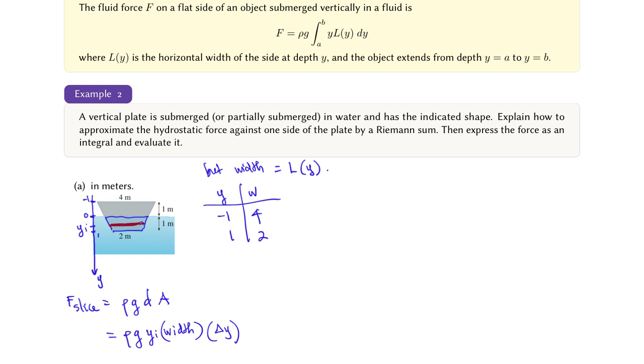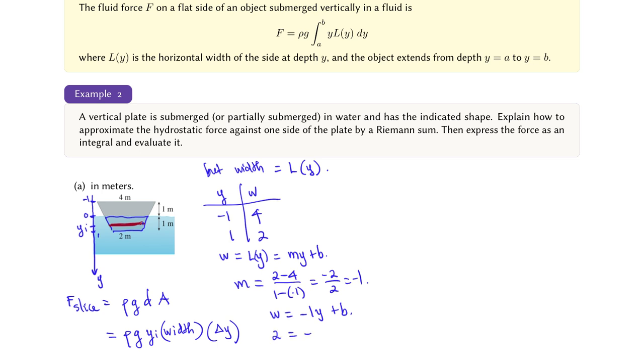The width is a function of y, w equals L of y, where this relationship is linear because the side is a straight line, whose slope is 2 minus 4 over 1 minus -1, which is -2 over 2 or -1. We can also see that the initial width when y equals 0 is 3,